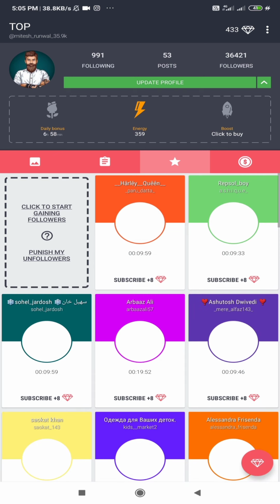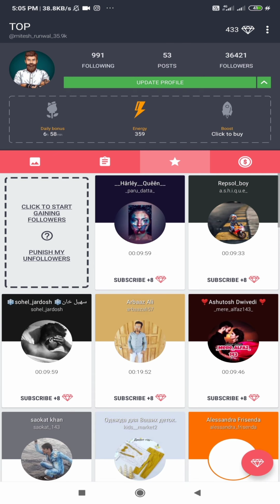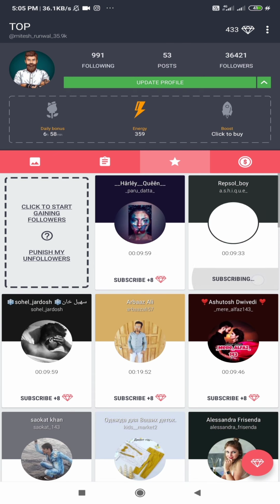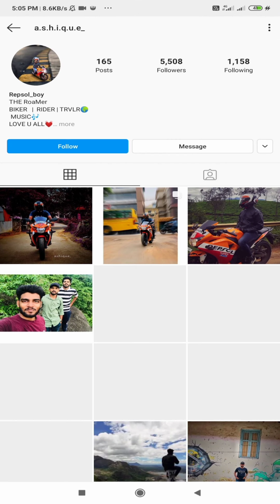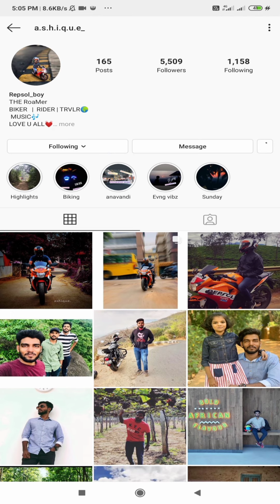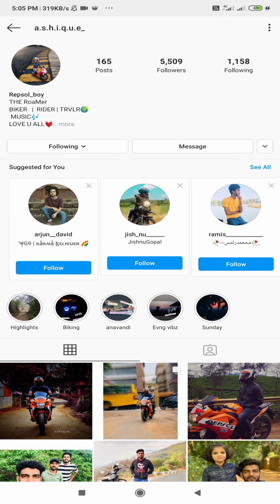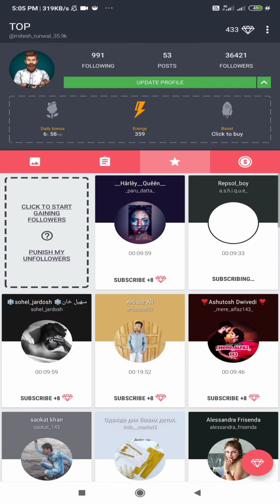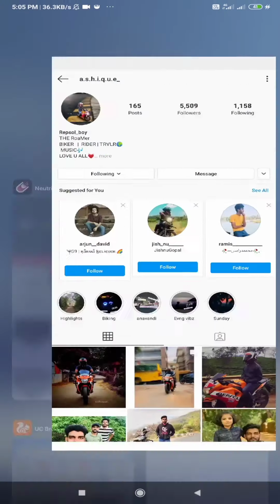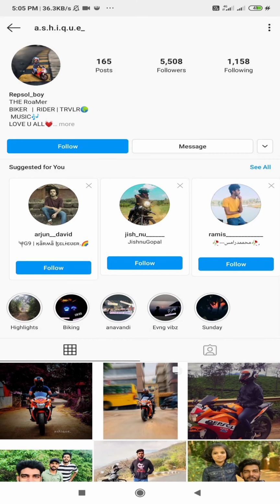You have to click on that star. You have to gain points first. So if you wrote my referral code, then you will get 8 points per following. Okay, so now see this, I have to follow, I have to go back to that account, I have to refresh, I will get point, then I again have to unfollow them.